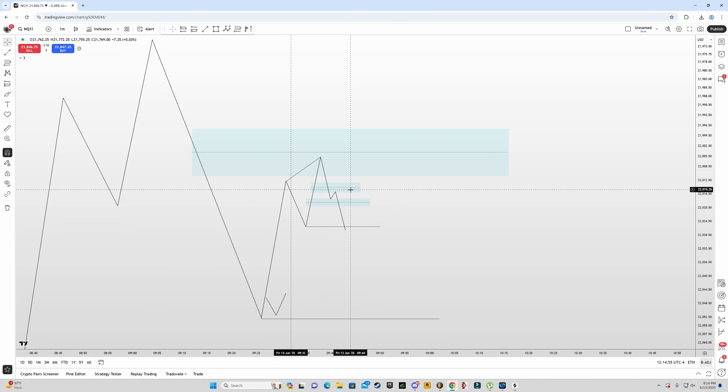The goal, the risk management, is that we have to protect our capital as soon as possible. So as soon as we get into a trade, our first goal is to go break even as soon as possible at a logical level. And the logical level is the closest liquidity, could be a low or could be a high.